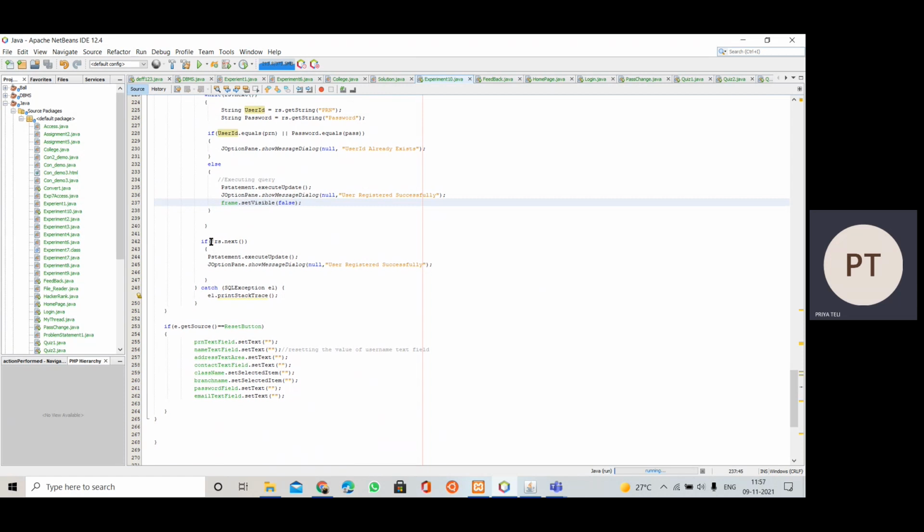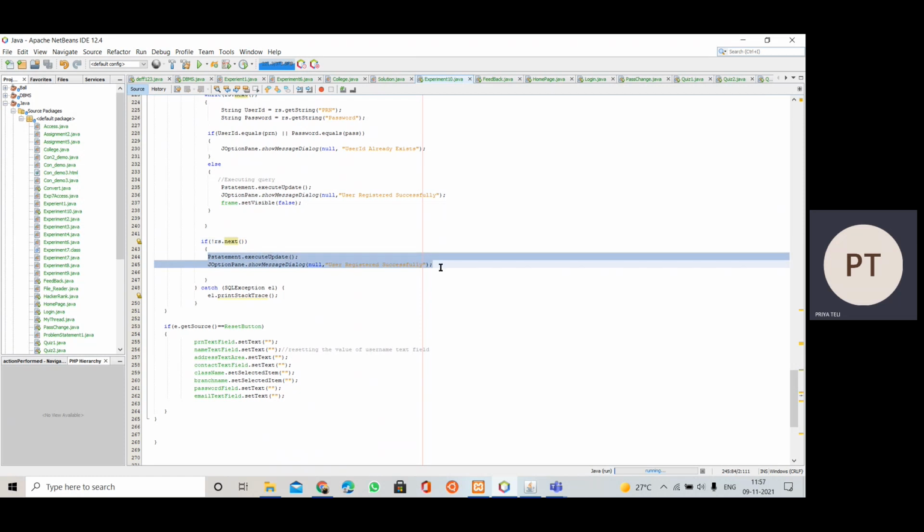So in that case, if not rs.next, that is if the table is empty, we are simply going to insert the values, because if there is nothing inside the table, then with whom are we going to compare these values to check whether the user exists or not. So in that case we directly insert the values, that is we execute this query. Here also we display the message user registered successfully.